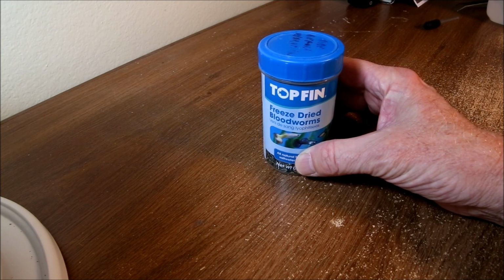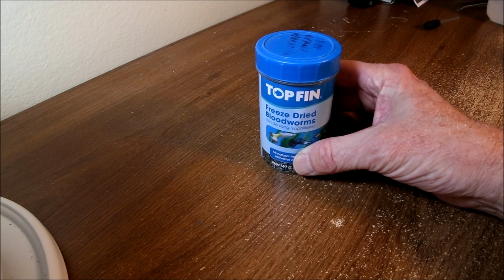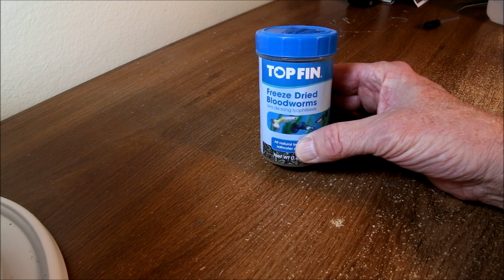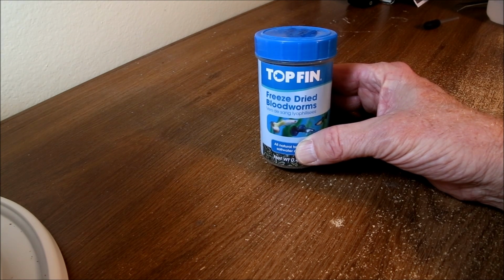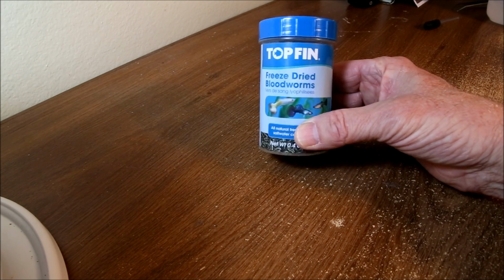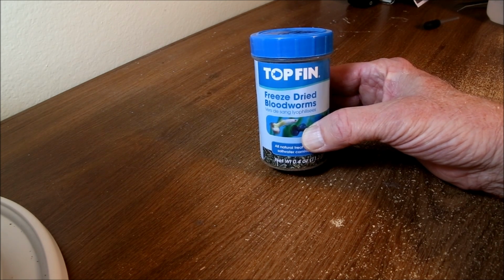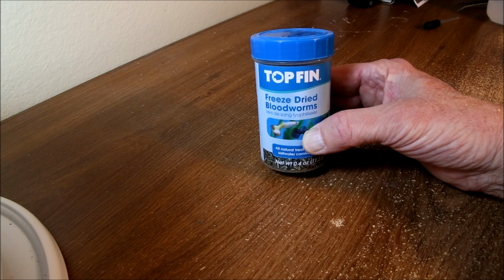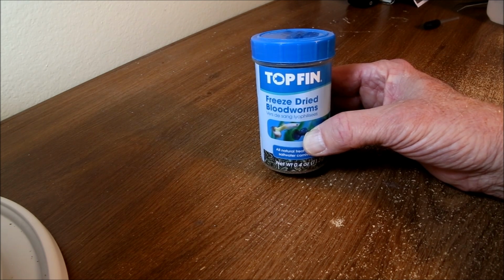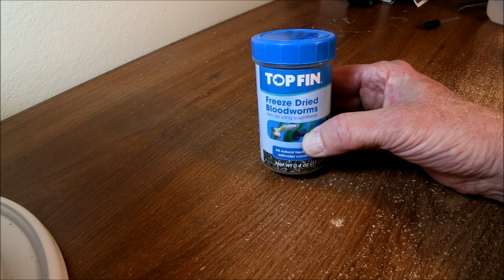In recent years, the number one preferred artificial food for feeding Venus flytraps seems to be the freeze-dried bloodworms available in most aquarium stores. They're expensive, but one small jar like this will probably last several flytraps for a couple of years. What's reported is that freeze-dried bloodworms contain the ideal mix of nutrients, fats, proteins that help the flytraps grow